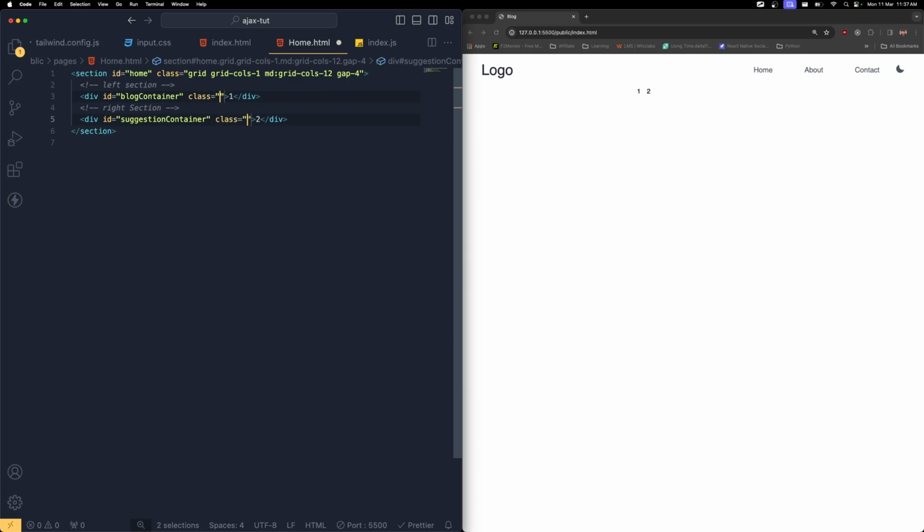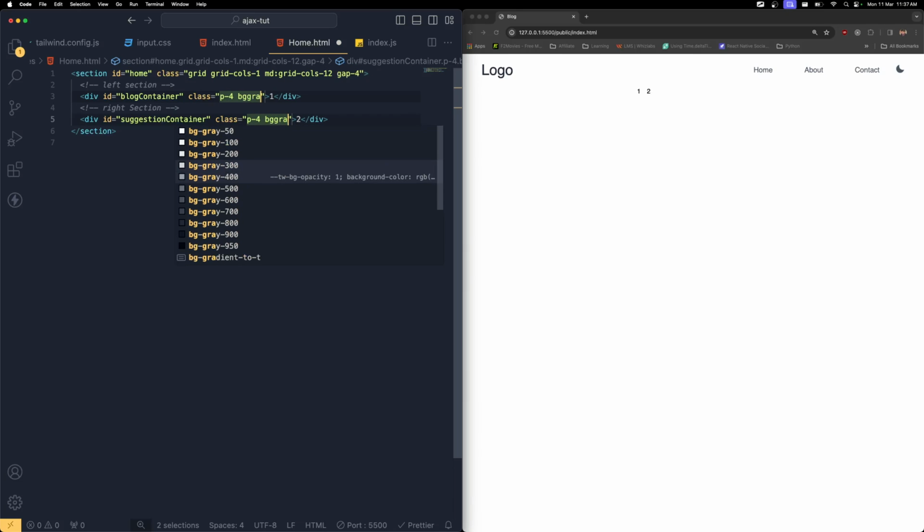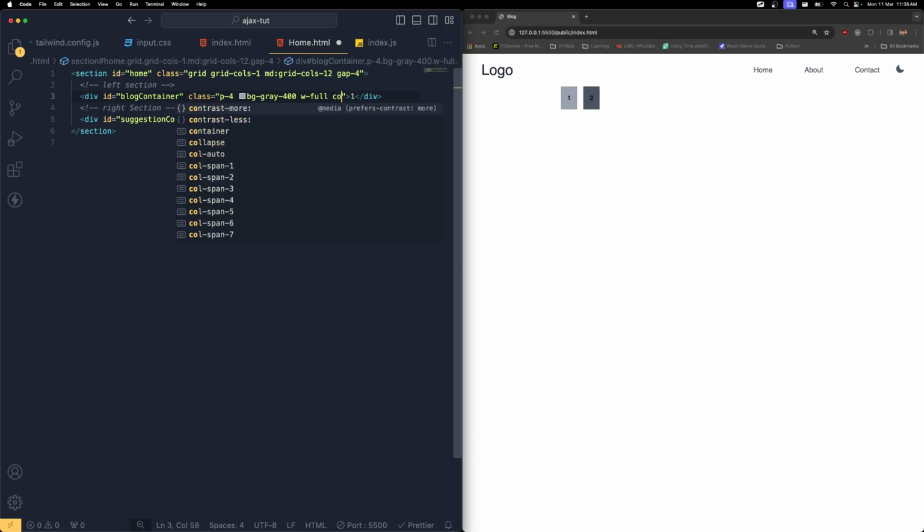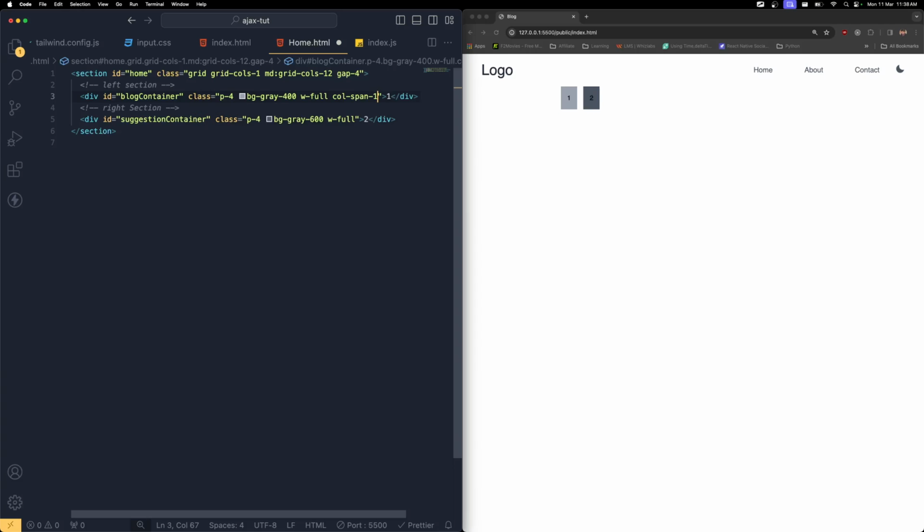So for this, I'm going to create a class. Padding is going to be p4, and bg is going to be gray 400, and for this I'm going to keep 600. Save the changes. And now we can see currently it's accessing this level. Width, of course, should always take the complete width, full. For this also, width full. Okay, still doesn't make any sense because the layout is not occupying the complete grid layout over there. So what we have to do is make sure the column span of this is going to be 1